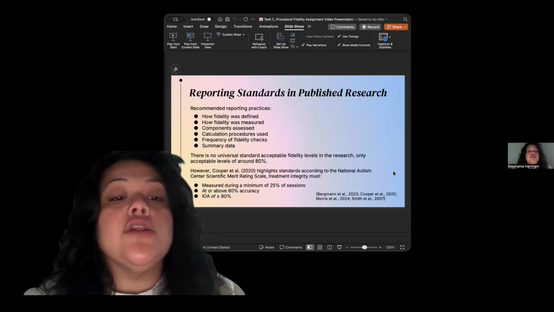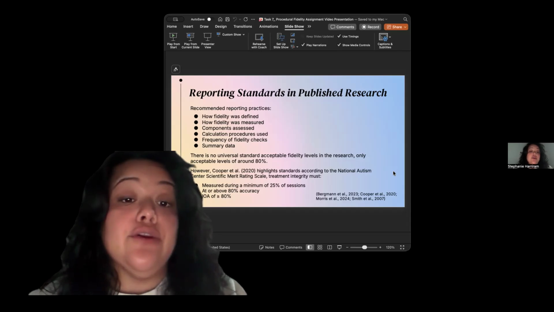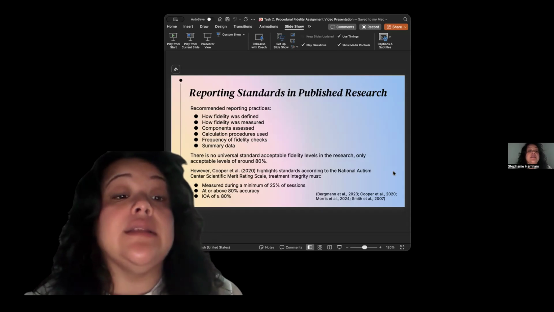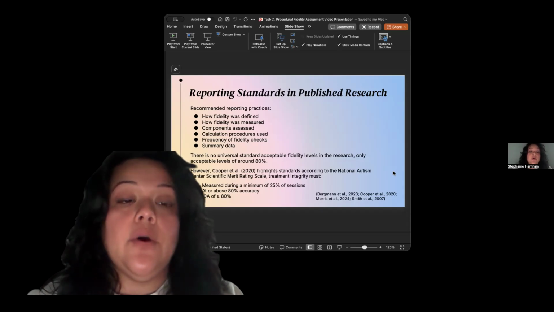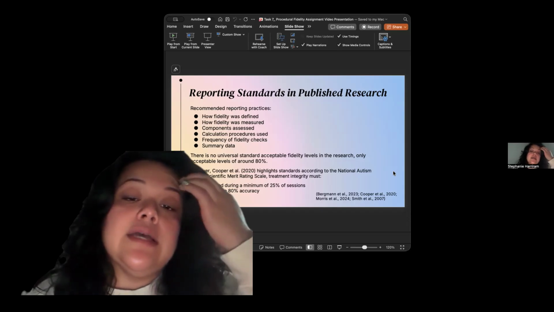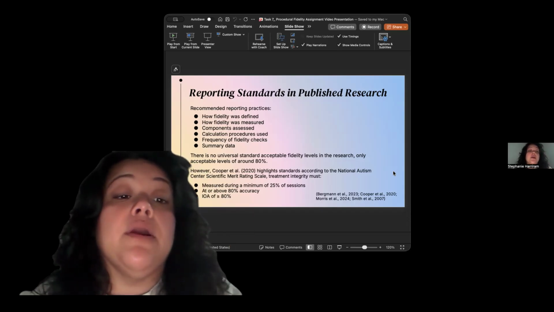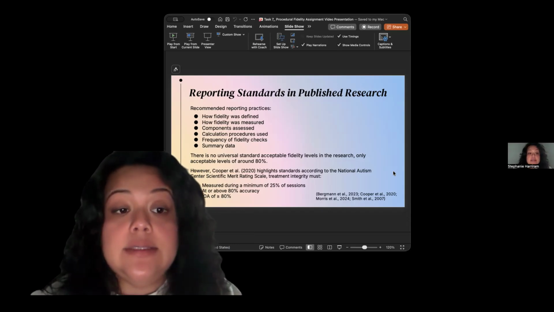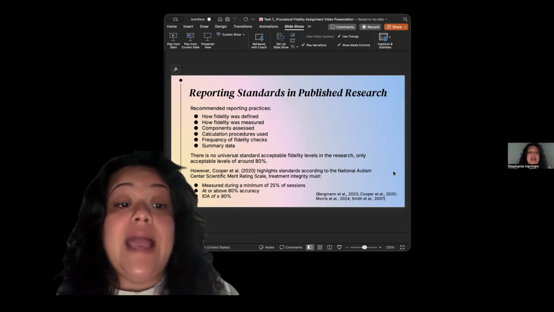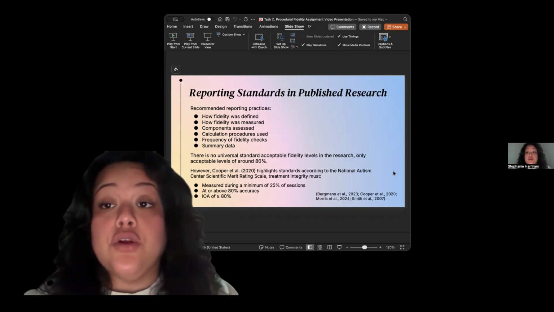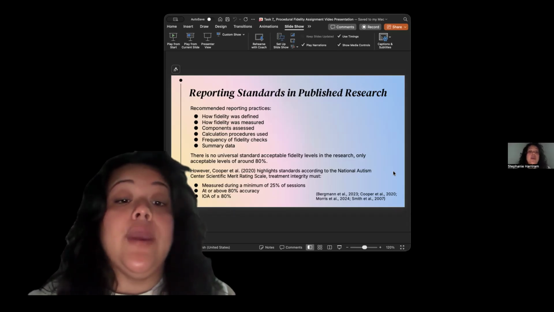Now, in our research, there wasn't any universal standard for fidelity levels. However, most research identified 80% to be acceptable. Cooper et al. did highlight in their standards, according to the National Autism Center's Scientific Merit Rating Scales, that treatment integrity should be measured in a minimum of 25% of sessions at or above 80% accuracy, with an interobserver agreement of greater than or equal to 80%